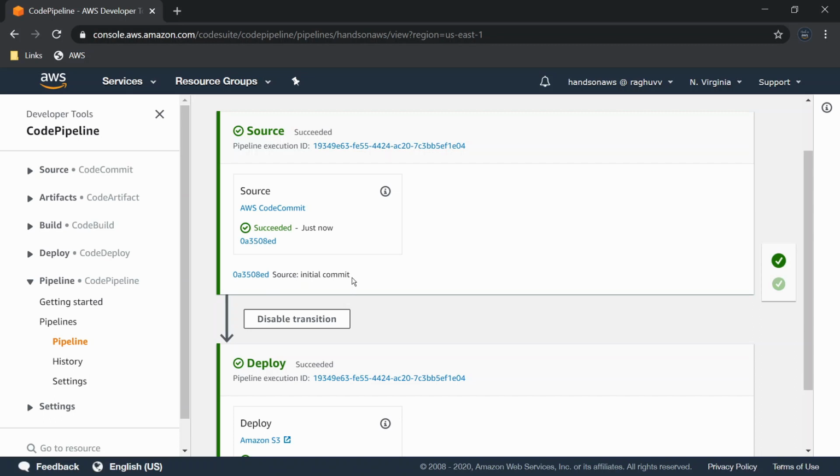As soon as the push is successful, you can go back to CodePipeline to check if the changes are picked up. It should take a few seconds or a couple of minutes at most.